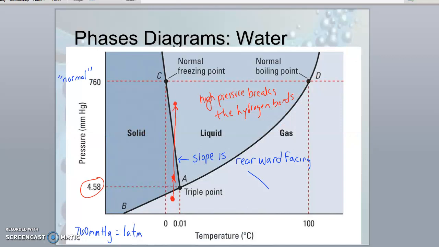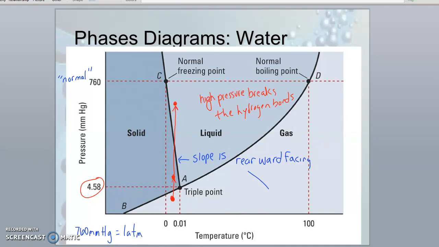So if I look at this on a phase diagram, and let's just say I took a point in the solid phase and I increase the pressure. Take a look at this. I'm not going to change the temperature. I'm just going to increase pressure. Now, see what's happening? I enter into the liquid phase. So increasing the pressure is breaking those hydrogen bonds, and we're in the liquid state. So our liquid state is actually more dense than the solid state.